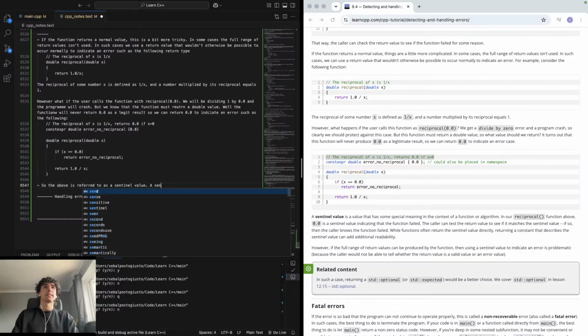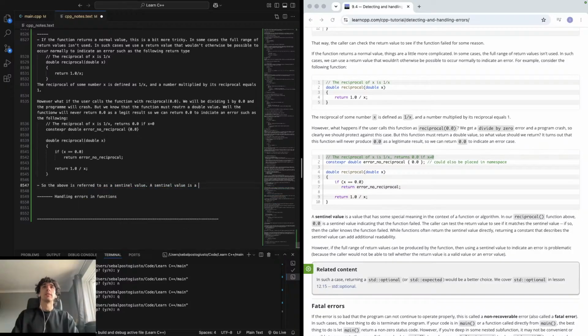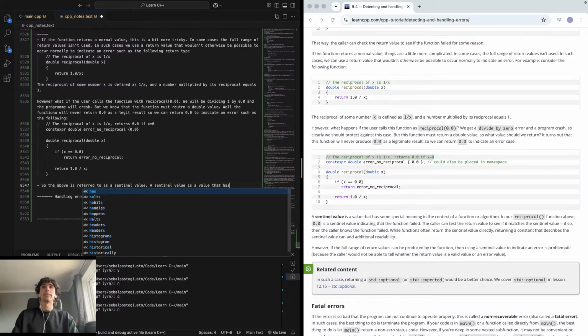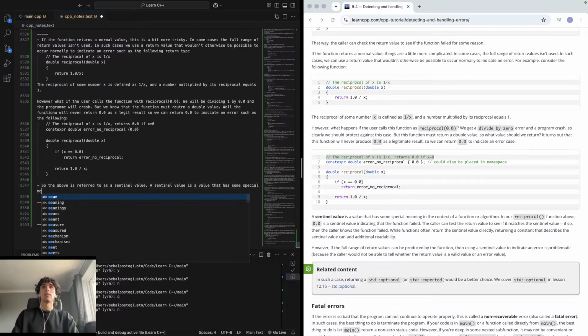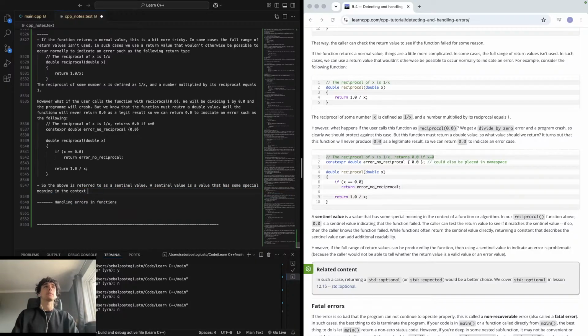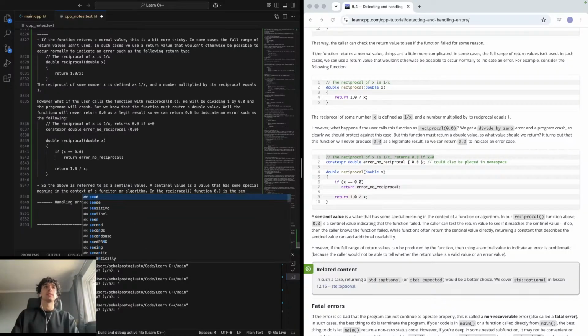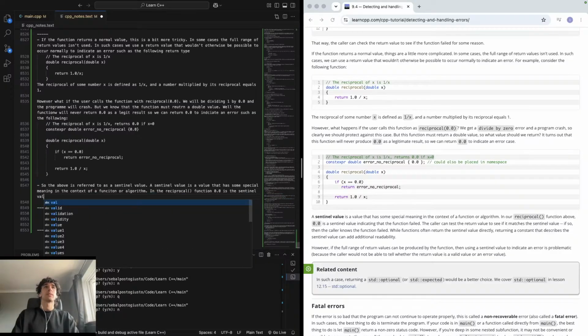A sentinel value is a value that has some special meaning in the context of a function or algorithm. In the reciprocal function, 0.0 is the sentinel value,